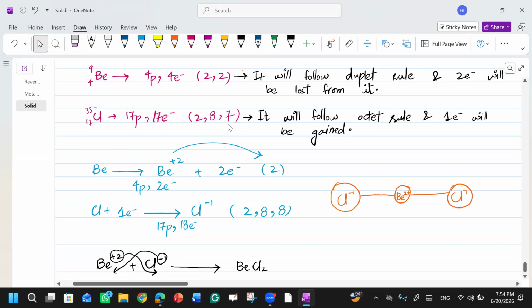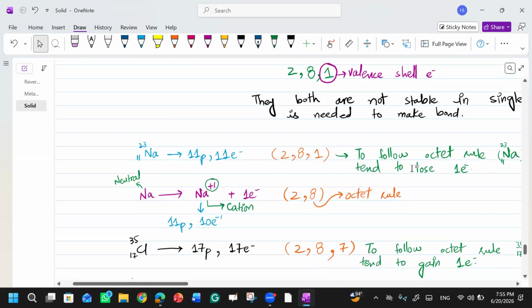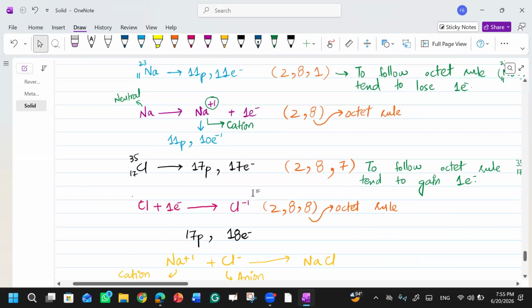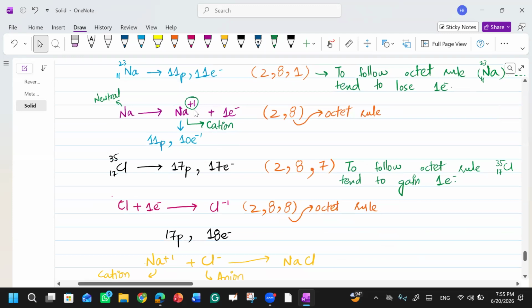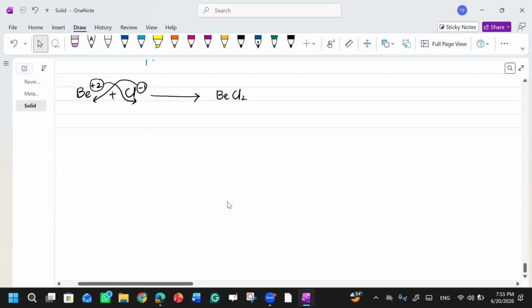So that's why when beryllium is losing 2 electrons, at that moment you need 2 chlorine atoms. Are you getting this? This is how bonding occurs. But this was not happening in the case of sodium chloride. Why? Because sodium was losing 1 electron and chlorine was gaining that 1 electron. Clear? But if you have any 2 atoms in which one atom is losing 2 electrons,